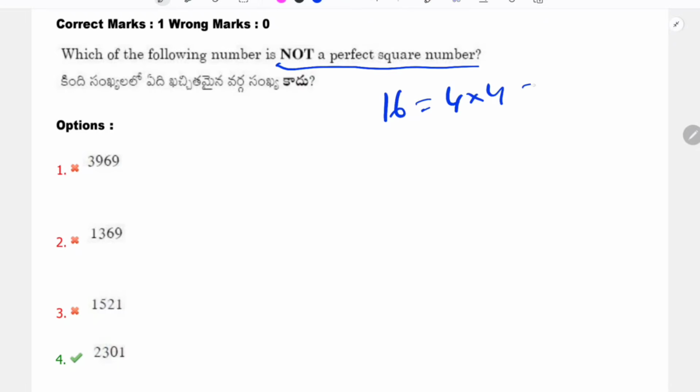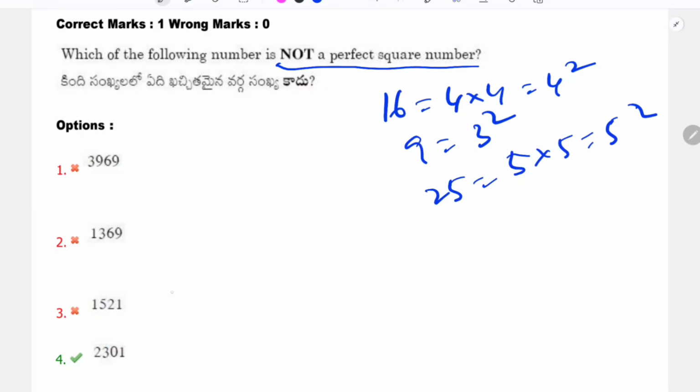It is 4 into 4, that is 4 square. 9 is a perfect square because 9 is equal to 3 into 3. What can we say, 25 is a perfect square, because 25 can be written as 5 into 5. So in this you have to find which is not a perfect square. This is somewhat tricky because you have to calculate this, otherwise use the method. Otherwise I will tell you, see,